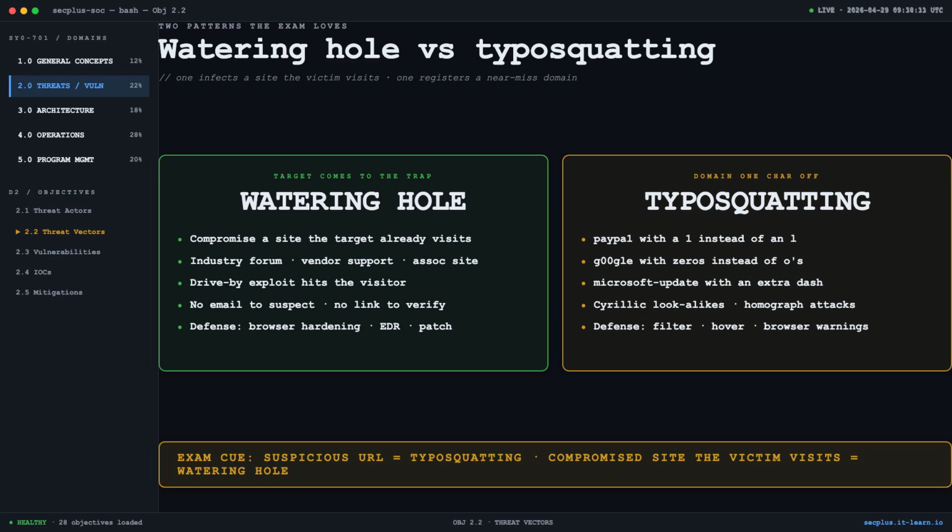Defense is email filtering that catches lookalike domains, browser warnings for newly registered domains, and user training on hovering over links before clicking. On the exam, when you see a fake URL as the clue in a phishing scenario, the